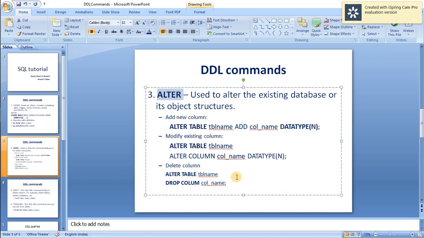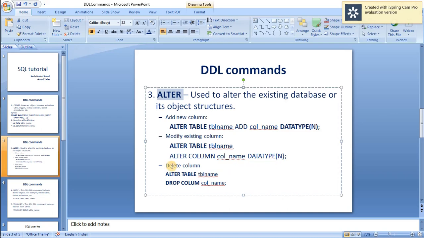And if you want to modify an existing field that we have already created, there is still a possibility with the help of the command below: ALTER TABLE table name, ALTER COLUMN and the column name, and we just change the data type of it.